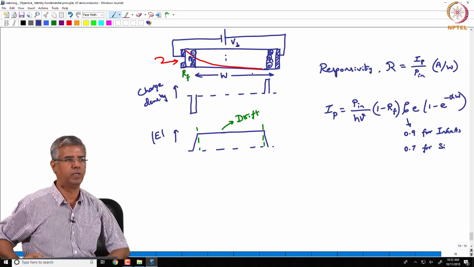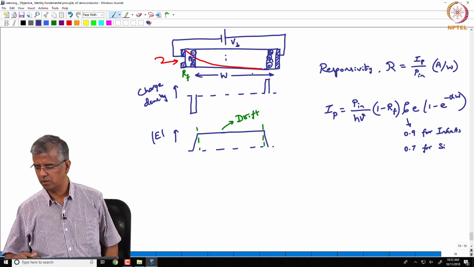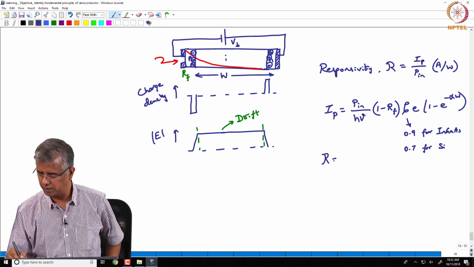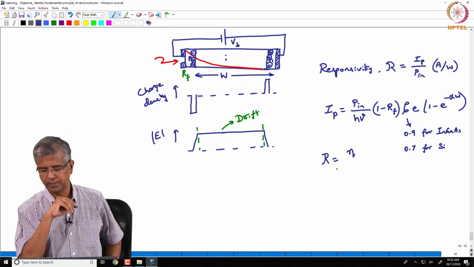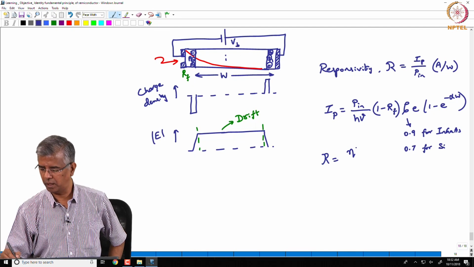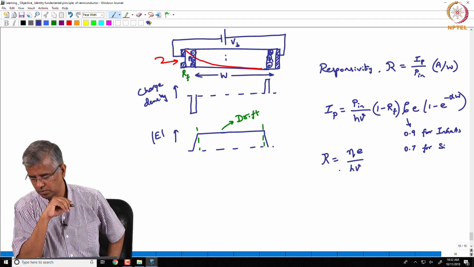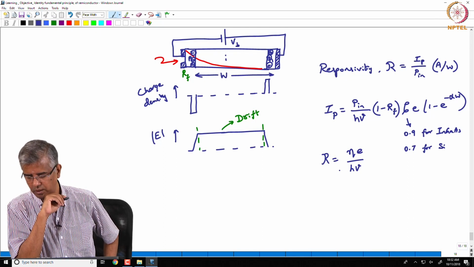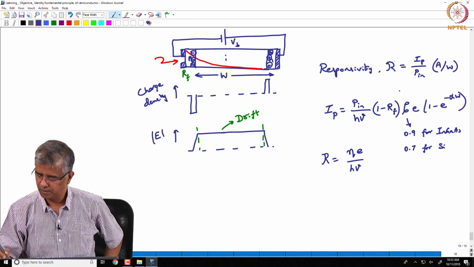So, the power absorbed will be 1 minus e power minus alpha W. Okay. So, based on this expression, you can write the responsivity as some factor eta, right, multiplied by E over h nu, right, where E is the electronic charge, h nu corresponds to the photon energy, and eta is essentially a product